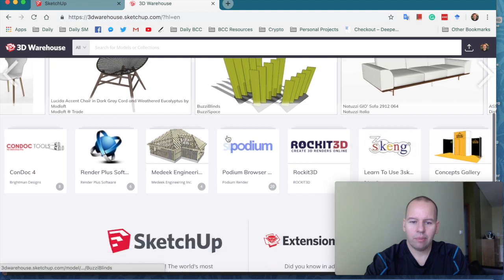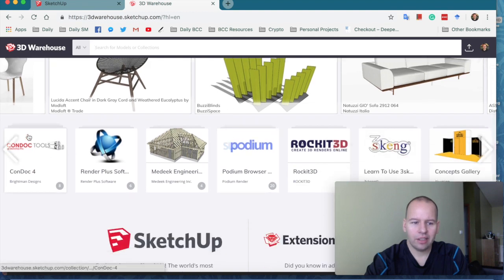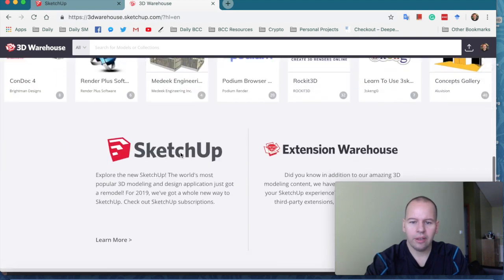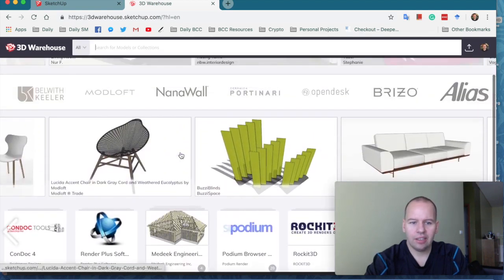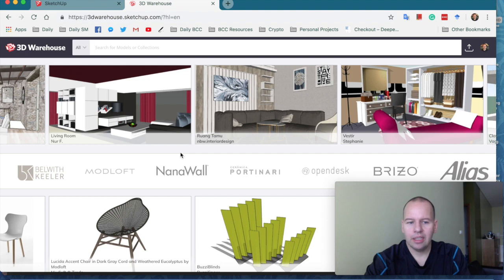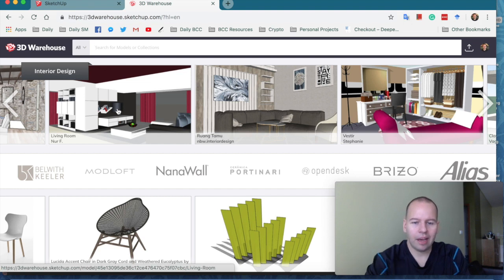Some of them you have to pay to get. Some of the companies, like here's that Condoc. That's actually what I used 3 years ago. If you're looking at how to build something, you can take other people's things if it's for free. Of course, you can't take everything at face value, but you can take it as an example. If you're looking for how to do furniture, interior design, maybe I'd grab that and then bring it in.